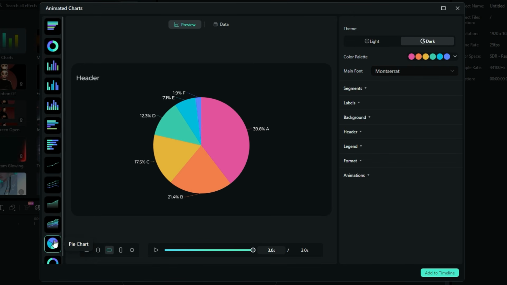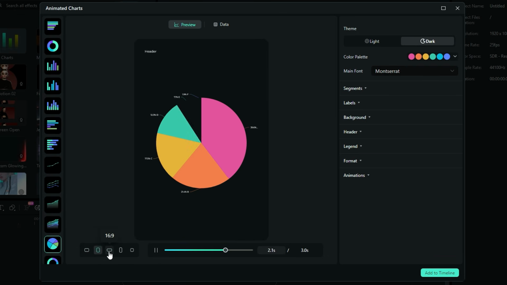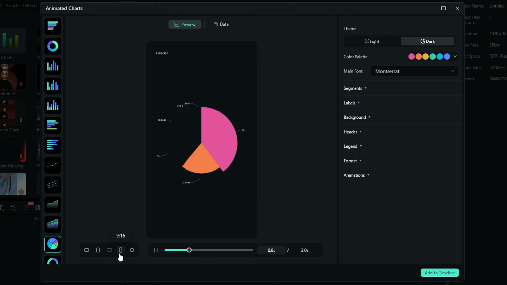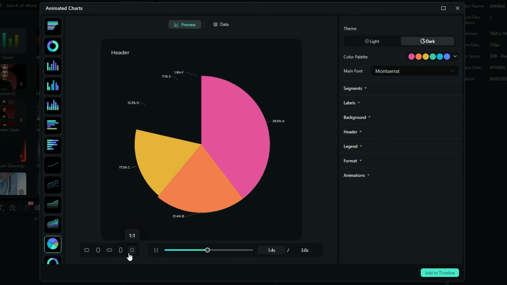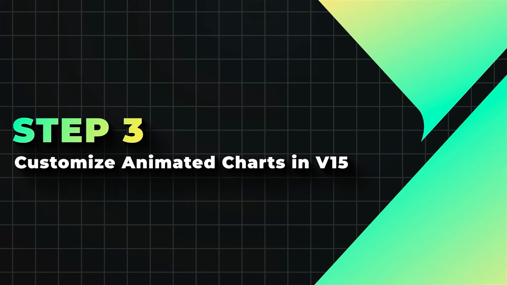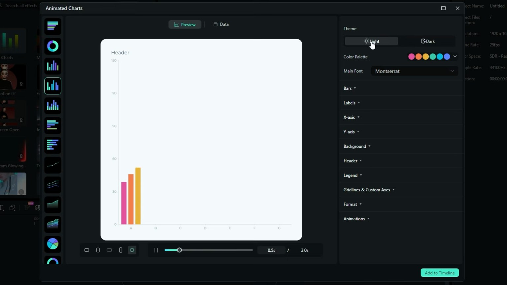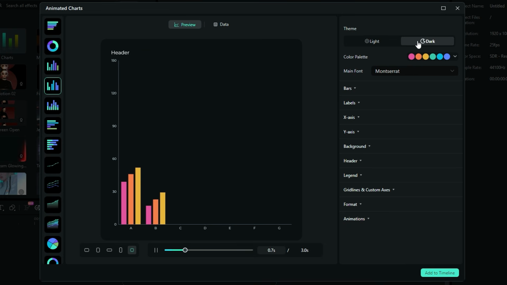Plus, you have the power to switch up the aspect ratio to match your vision. Whether it's 3:2, 2:3, 16:9, 9:16, or the perfectly balanced 1:1. Step 3. Customize animated charts in Filmora 15. On the right side, you can choose between a sleek light or bold dark theme to set the perfect mood